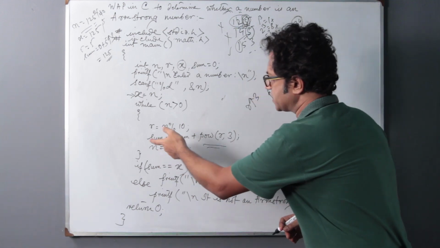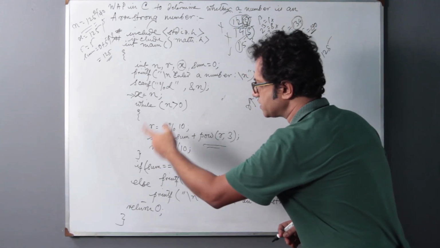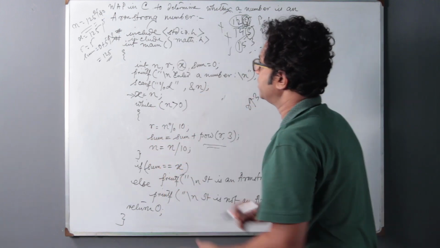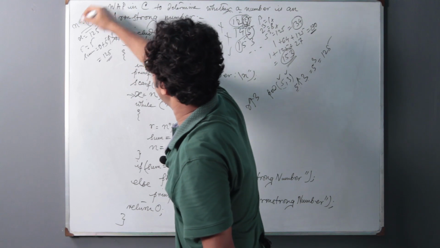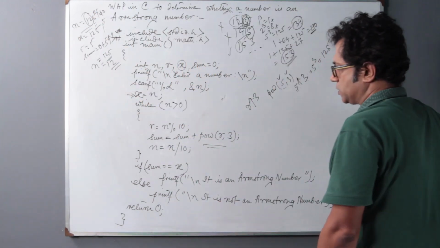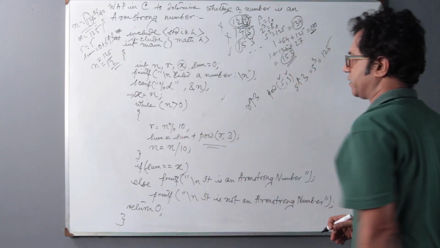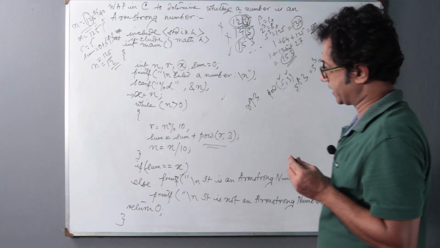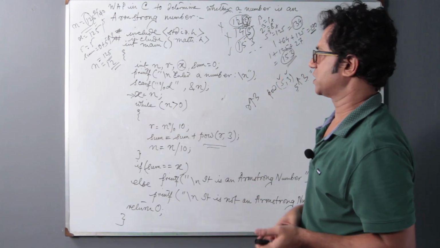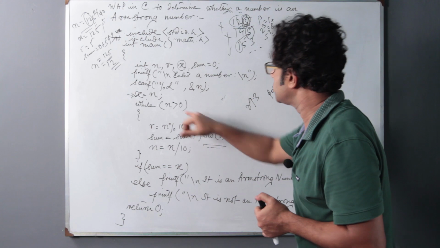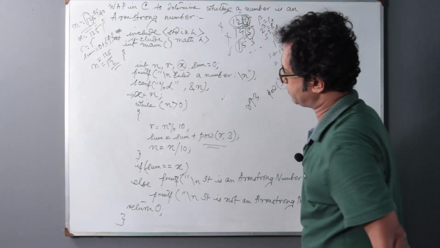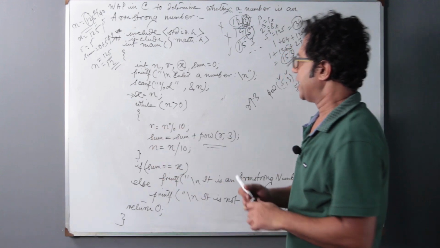Now the sum contains the value of 125. N is now updated as n/10. So n/10 will definitely yield you 12. So n now will have a value of 12. So we come to the while loop once again. Let us see whether we can enter the while loop once again. While n greater than 0, yes, the condition holds because n is 12, which is definitely greater than 0. So we enter the while loop for the second time and we calculate in the same manner,